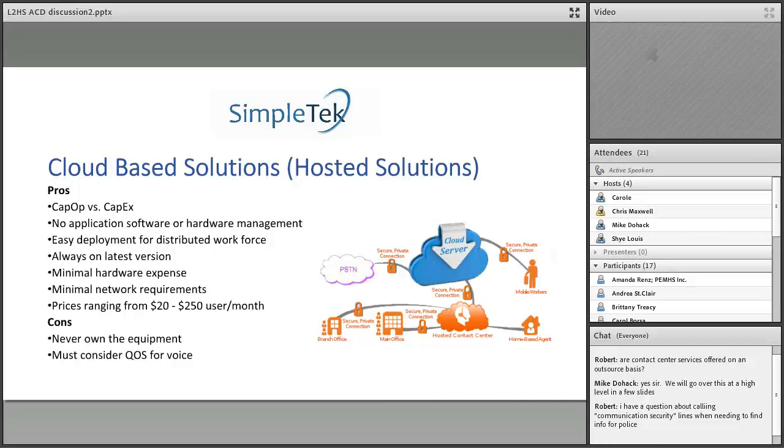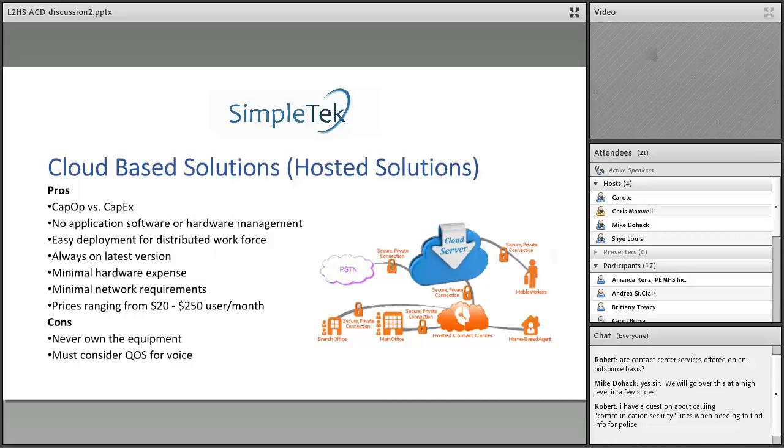Sorry about that. Cloud-based solutions, they're a great option for an organization that really doesn't want to be in the telephone business. They're looking for feature functionality, the ability to manage things better. It's very cost effective because when you factor in what you're spending for network and maintenance and support and tech time, in a lot of cases, the net cost is minimal or even provides savings.